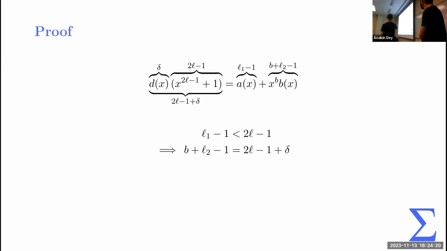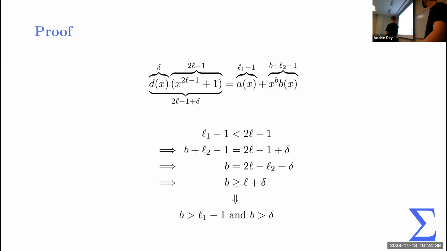So we know that the other side, this b plus L2 minus 1, has to be the same as the degree on the left to compensate for that side. So then just with algebra rearranging, we get that b is greater than L plus delta, which then gives us these next 2 points, which, okay, kind of random. But on the next slide,